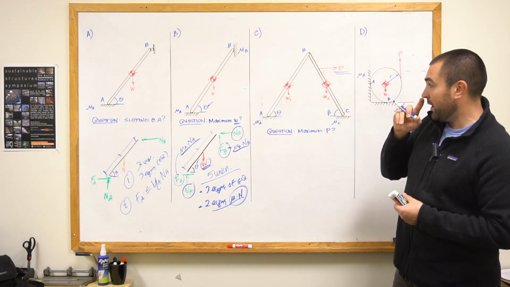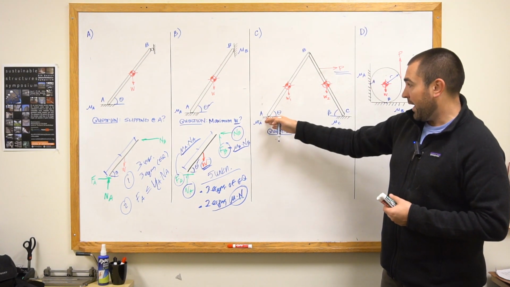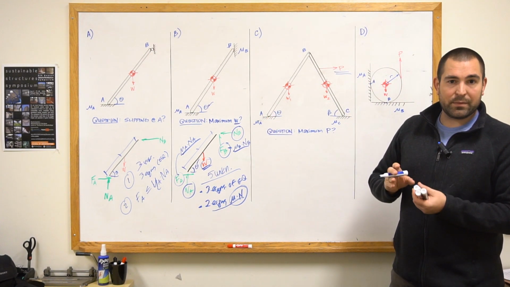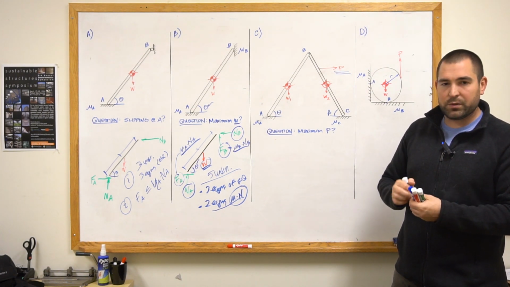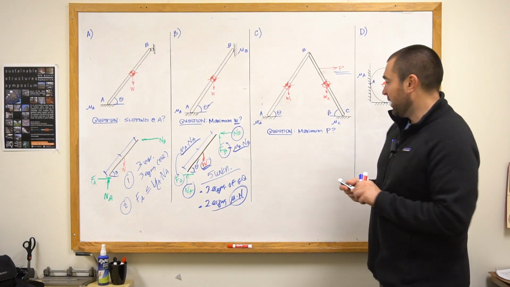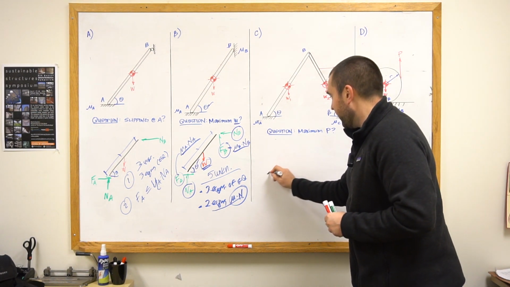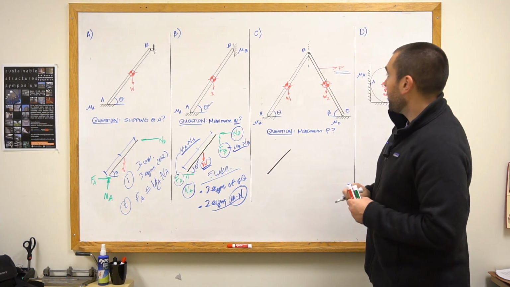So in this case, we can't rely on assuming that A and C are both slipping at the same time. They might slip independently, which isn't really too much of a difficulty to solve for. It just means that we need to look at both cases independently. So if we were to look at our free body diagrams, I'm going to make a section cut through B,